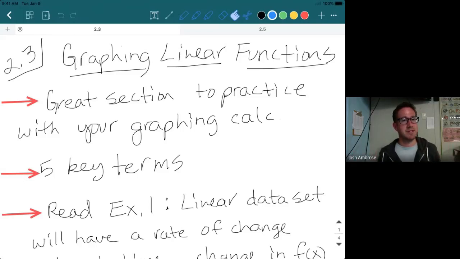Algebra 2. Let's jump into it, guys. We are in section 3, chapter 2, and we are doing some graphing today. All right, graphing linear functions. Everybody be on page 105. All right, so make sure you are always tracking with me in the textbook, because that is going to